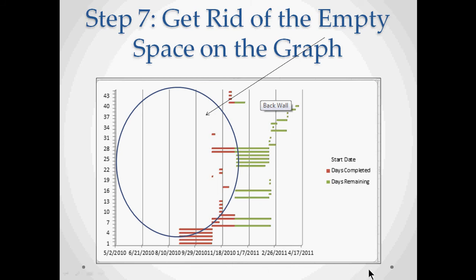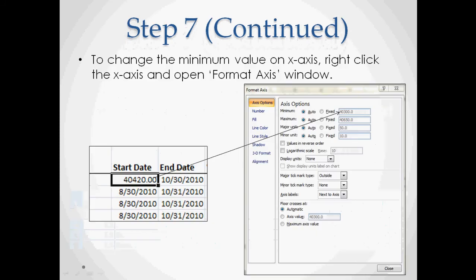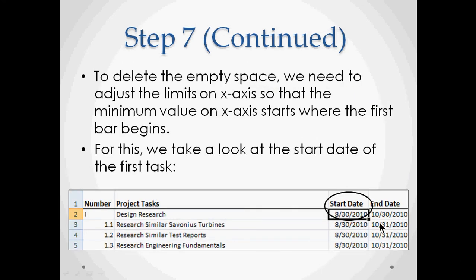So just right click on the x-axis and click on the format axis option, so that it gives you an option of changing the minimum value of the x-axis. Now as you can see, the start date of the first task is 8/30/2010,